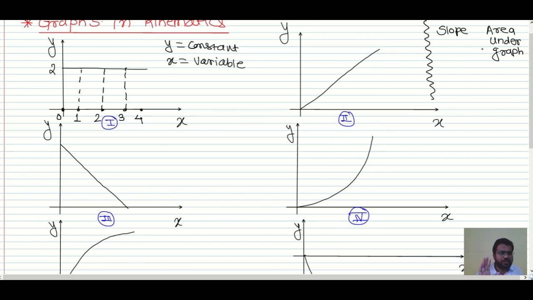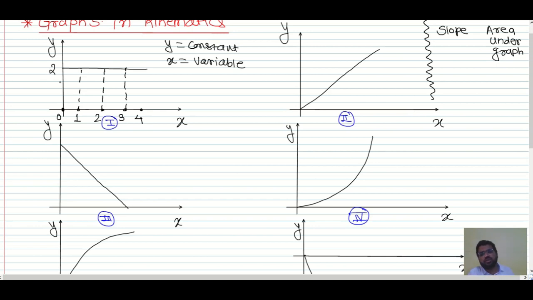So if a horizontal line is there, it will make an angle of 0 degree with respect to the horizontal line, so the slope is 0. If the line is vertical like this, the angle made by this line with respect to horizontal is 90 degree. That's why the slope over here is tan 90 degree. Likewise, the slope is nothing but the tangent of the angle made by the line with respect to horizontal. That is the slope we have.